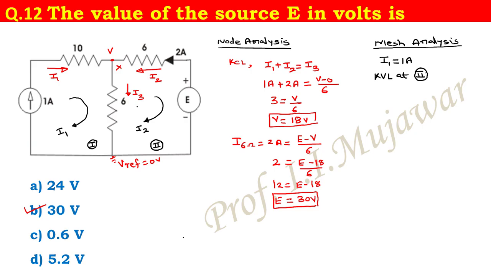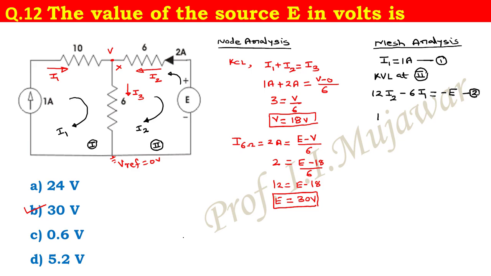Now, for this particular loop, your self resistance is 6 plus 6, that is 12, whereas the current is I2. So 12 I2. Mutual resistance is 6, so the drop is minus 6 I1, that is equal to the battery potential. The battery potential is nothing but E, but this E is forcing the current in this direction, whereas the loop current is in the opposite direction. So that's why this must be minus E. Let me write this as equation 1 for this mesh analysis.